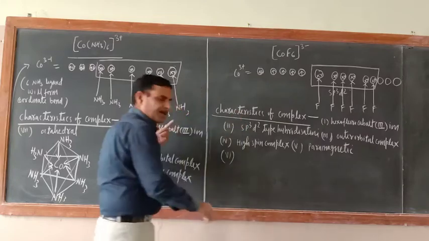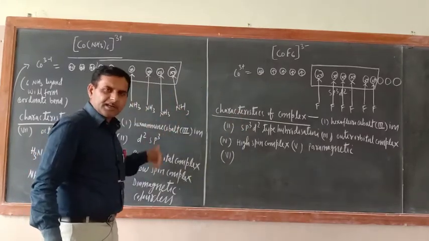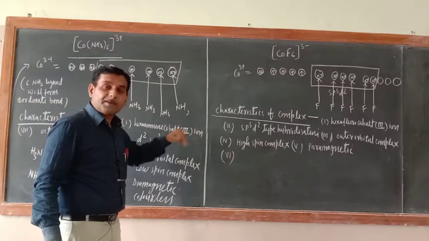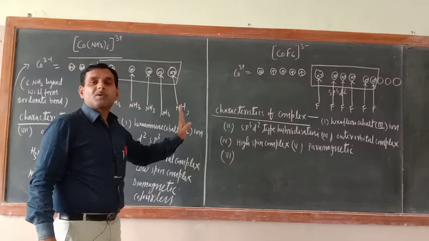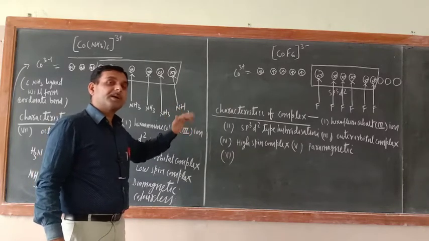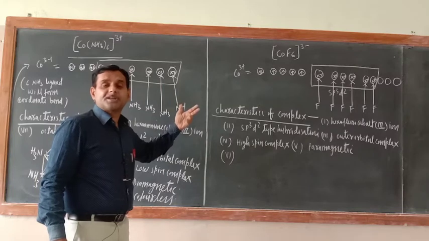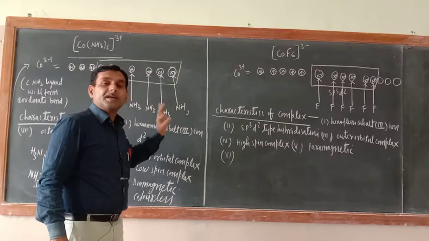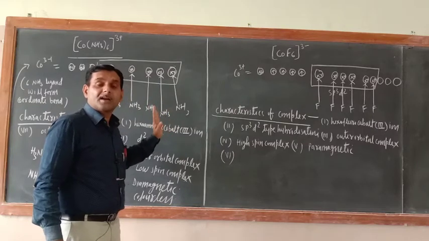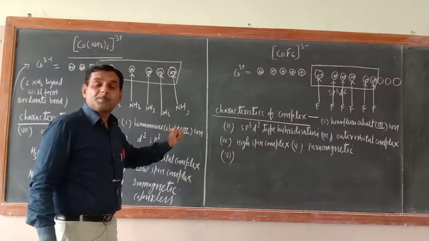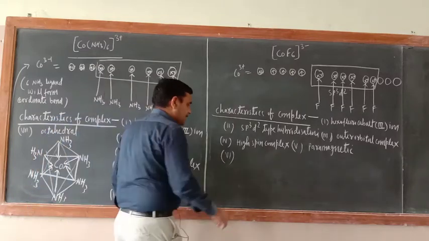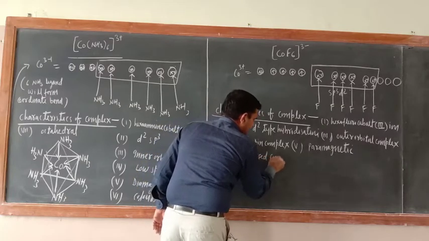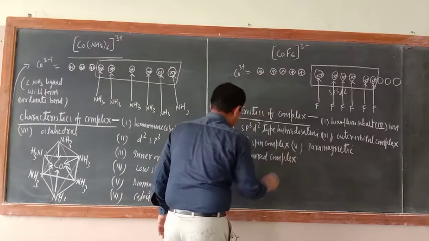Now what is the sixth number? See, if unpaired electron is there, then it is a colored compound. Now remember, colored compound would be there, but which color would be there? According to valence bond theory, we can't explain. We will explain this on the basis of crystal field theory. So that is the drawback of valence bond theory. We can say it would be a colored compound, but which particular color, we can't say. So here just write colored complex.